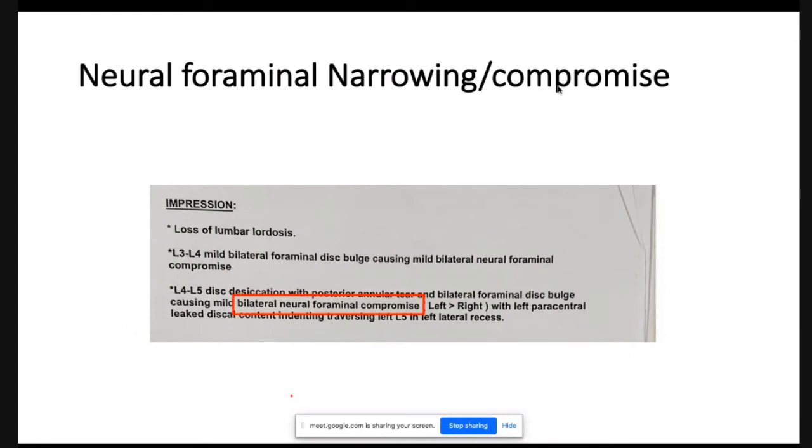So in the reports, I can see the highlighted part: it is bilateral neural foraminal compromise. Narrowing and compromise both are similar. In a few reports it will be written as narrowing, and in a few reports the word compromise will be given. Both are similar. Now,